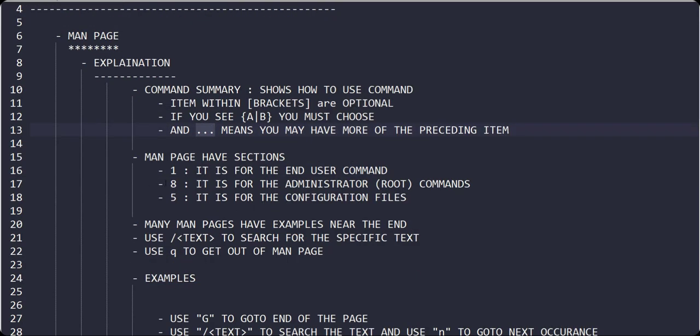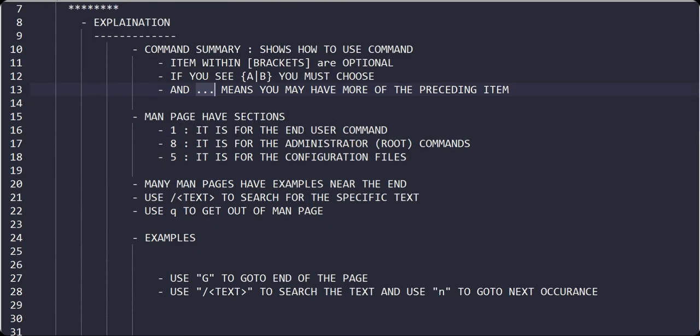Now let's discuss the sections. When you see a section with number 1 in the brackets, it is specific to end user commands, the normal user. If you see 8 in front of a section, these are root commands and must be run by root.